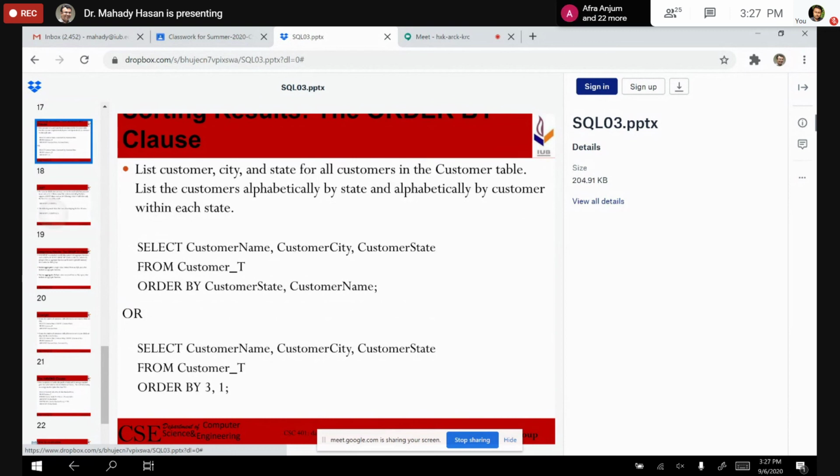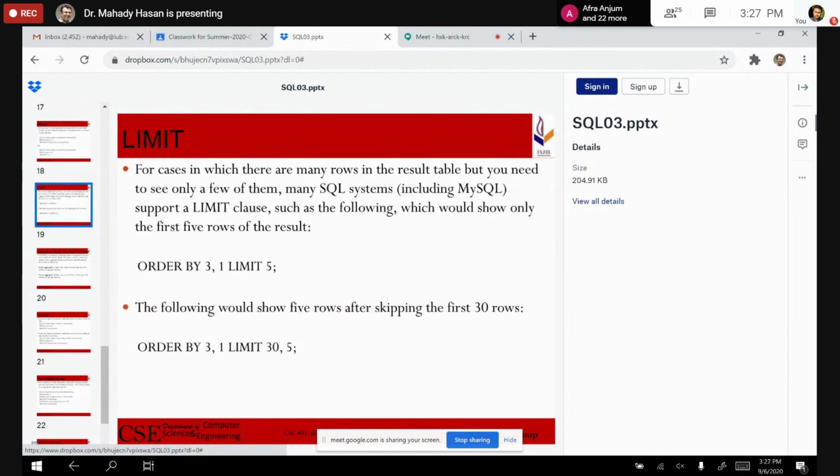If you want to do those limits, then basically you can say limit 5. Limit 5 means the first 5 rows should be shown. Limit 30,5 means it will show you 5 rows after skipping the 30. First 30 would be skipped, then the next 5 would be shown. That means from 31 to 35 you will see.